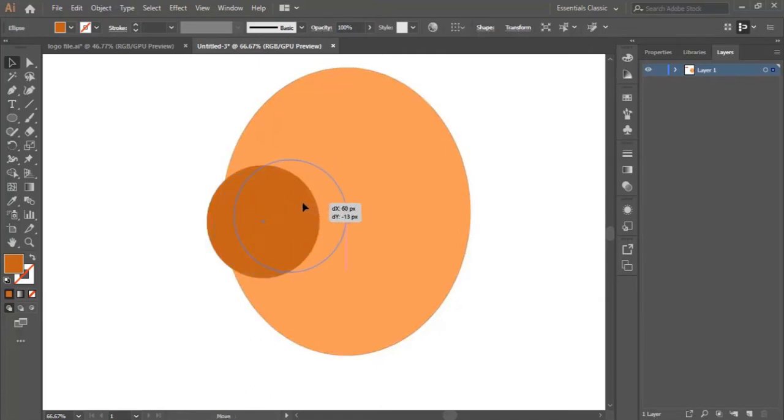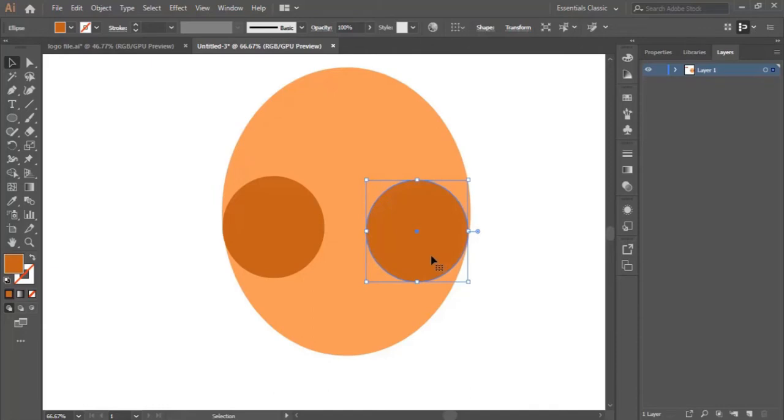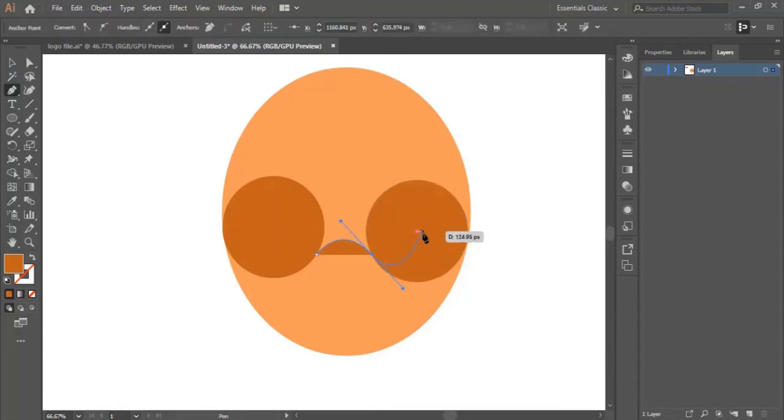I need to adjust the size of this circle first. Just a little bit. Perfect. Then I hold the Alt button and I duplicate it like this. Now I select the pen tool. I place the first dot in here. The second one in here, I click and drag to connect the two circles with this line like this. Then I keep going like this, this,